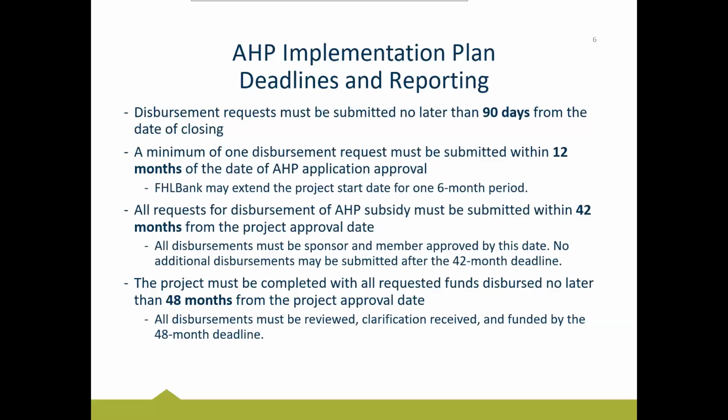So this is looking towards the end of your project, getting to those final units. You need to make sure that all disbursement requests are submitted to us within 3.5 years. So that date for you, your 42-month deadline, is June 19th of 2029. I know that sounds a long ways off, but simultaneously, it always seems to sneak up really fast. So just have that date in your mind and on the horizon.